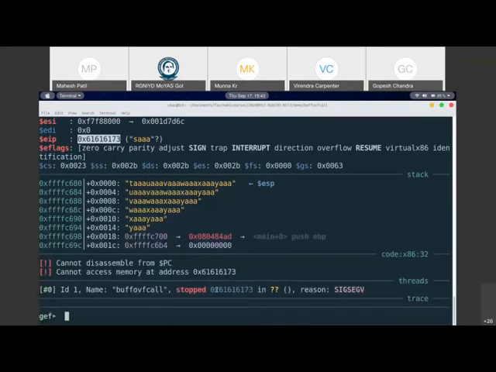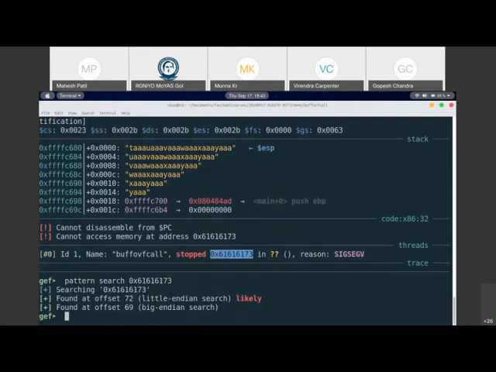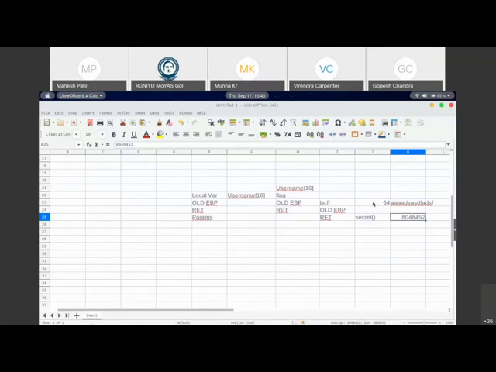And what was that data inside the return address? This is what is pulled out of the stack. So now we want to know at what offset this is. I can use a pattern search for this data in the pattern. When I search for this data in the pattern, it says that it was found at an offset of 72 bytes, and it is for little endian because x86 is a little endian processor. So it means 72 bytes from here is what would be the return address.